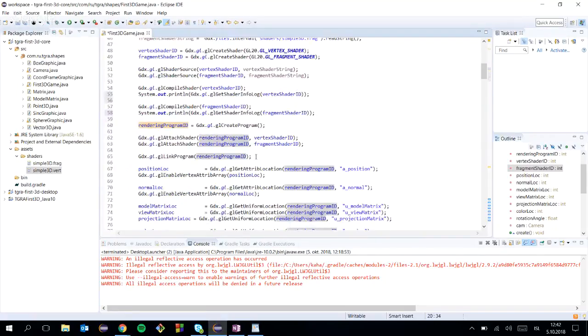Okay, so we're here now. We've created this program. We attach shader, saying this rendering program now has this vertex shader. This rendering program has this fragment shader, so we've attached this. And finally, link program. So if all of this works out correctly, if both of them compile correctly, number one,